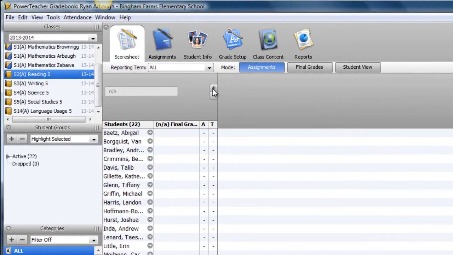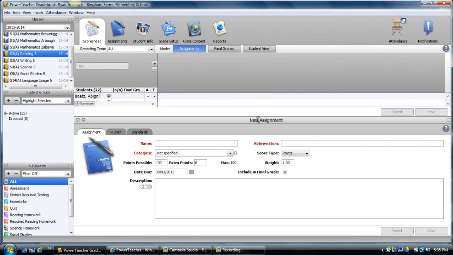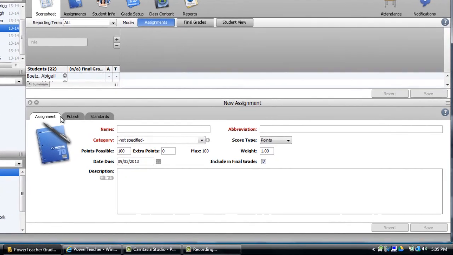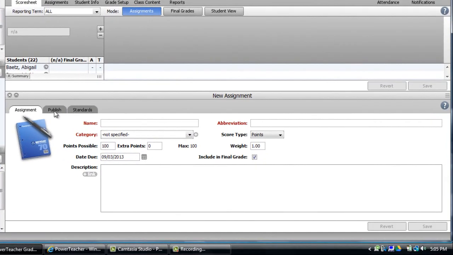So if we go over here, we can hit the plus sign, and it will add an assignment, and the new assignment box will pop up. There's 3 tabs inside of this new assignment box. We are going to start with assignment, and this is where we put in the general information for the assignment. So let's say I want to do a reading assessment, I'm going to call this the cause and effect assessment. And then I tab over and it automatically gives me an abbreviation, but it's the maximum characters allowed, so it's still a pretty long name. So I might enter in my own abbreviated name for it. So I'm going to do C&E